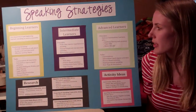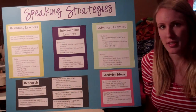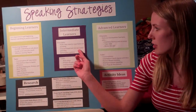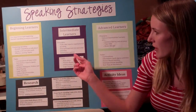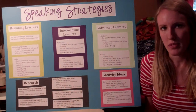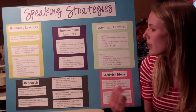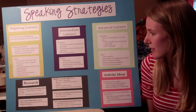Using both transactional and interpersonal activities in your classroom are important. The transactional activities are going to be communicating to get something specific done, while the interpersonal activities are more for social reasons. And finally, personalizing the content that you use, so including student names, student jobs, student majors, student interests, things like that. Some tasks for intermediate learners are role-playing, more picture-based activities like collaborative storytelling, and logic puzzles are